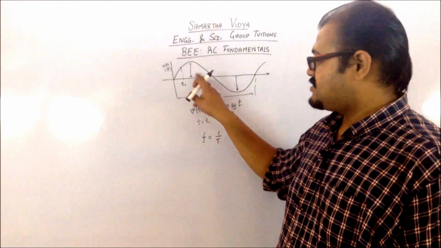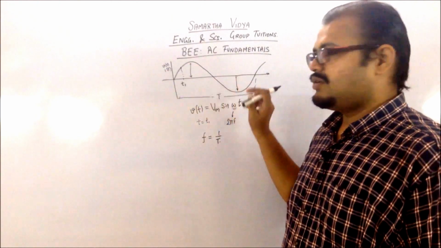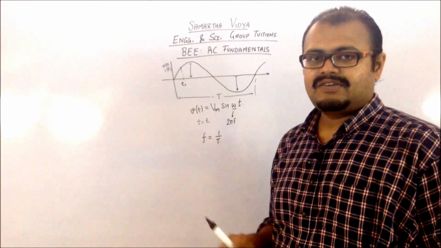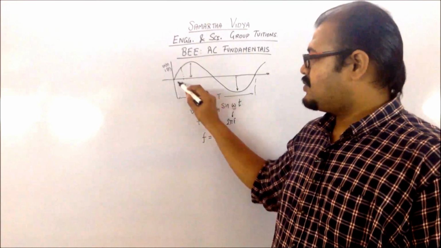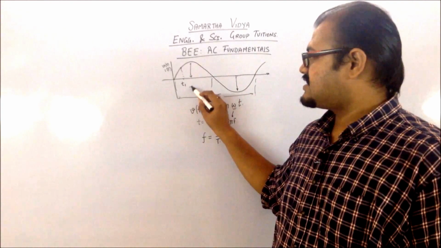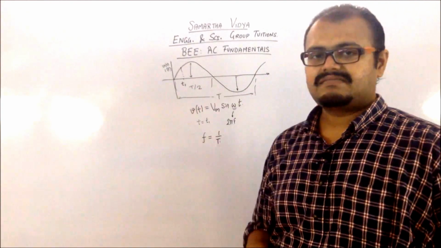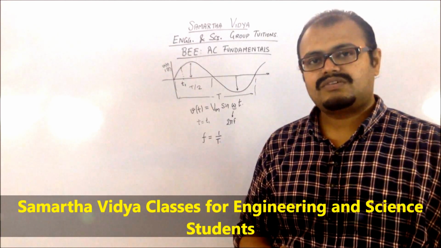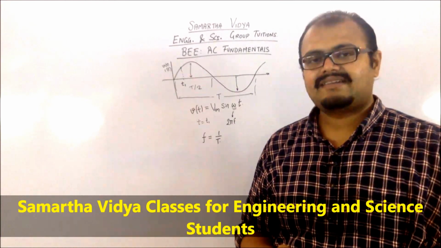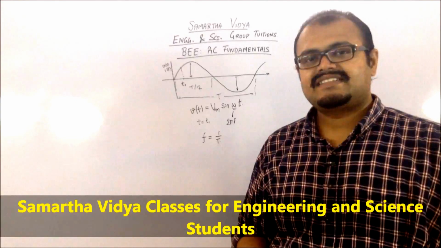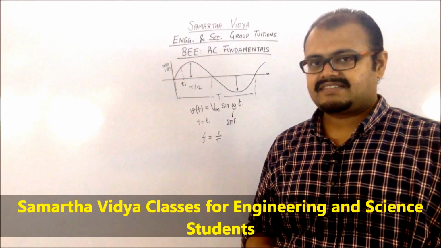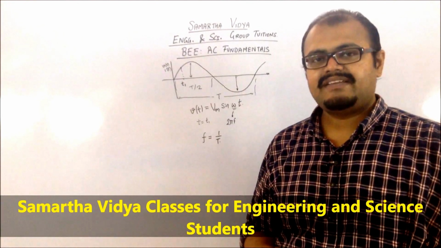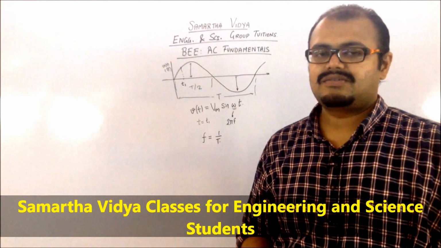So in this case, you can see that the positive is almost equal to the negative part. So while calculating your average value, you will be taking only half of it, that is half the time period. The next quantity is called the RMS value, which is nothing but root mean square value. That means that we are finding the instantaneous values of a particular cycle, then we are taking squares of it and finding the mean of this value, and then taking the root of it.